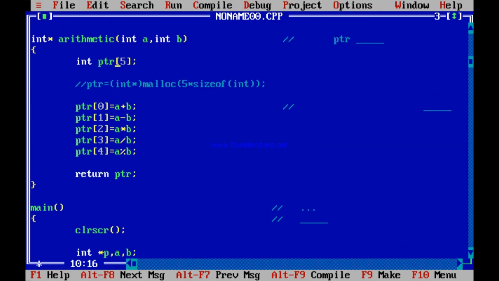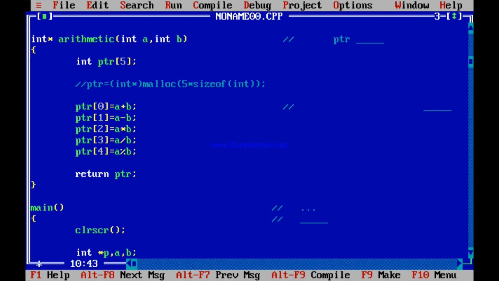I have told you so many times that int A[5] is the same as A equal to int star malloc of 5 into size of int. Then where did it go wrong? Then int PTR[5], is it not the same as PTR equal to int star malloc of 5 into size of int? Where have I gone wrong? We have not gone wrong anywhere.